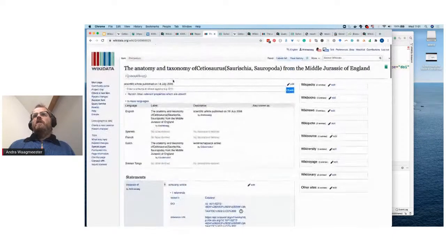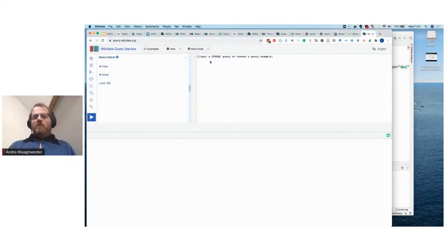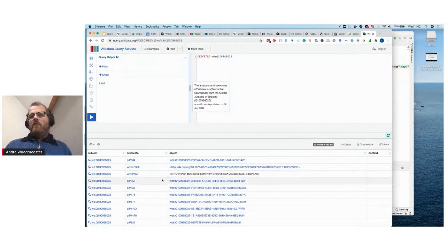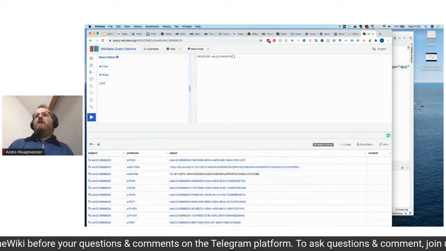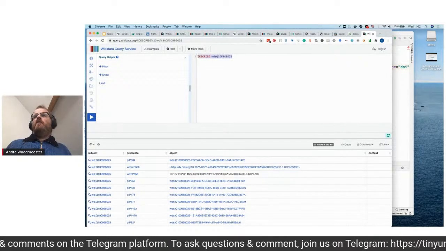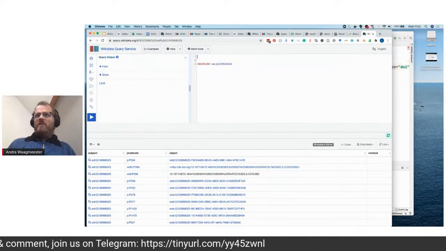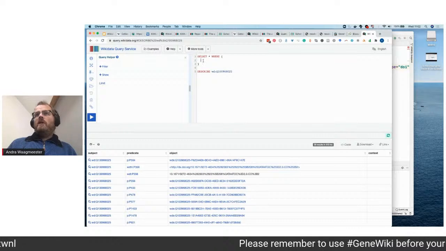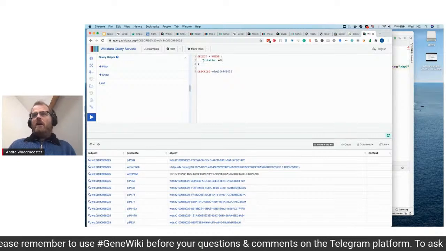did we have? Yes, this one. So let us take this one, and then go into describe the data. So now we have the items here. But what we want to know, we want to get to the references, and the references take a bit of knowing of the structure, which is a bit hidden. But if you go to SPARQL and you write select, so this is a citation, and we say, and I write